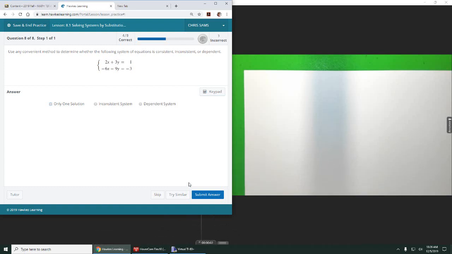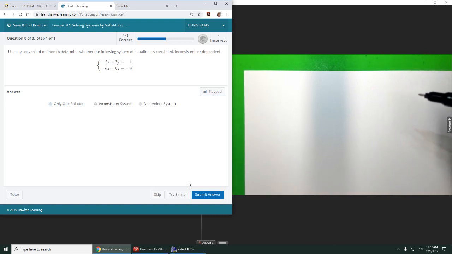Okay, so 8, this is the last one. It says use any convenient method, and I've been doing that all along. But I do want to show you, if you were asked and you had to do substitution when it's set up like this, I will show you how to solve for x or y and then